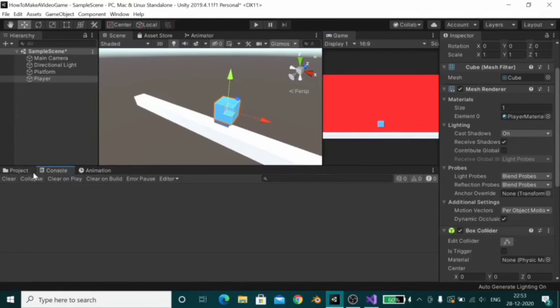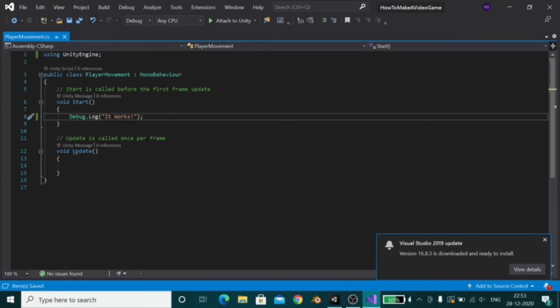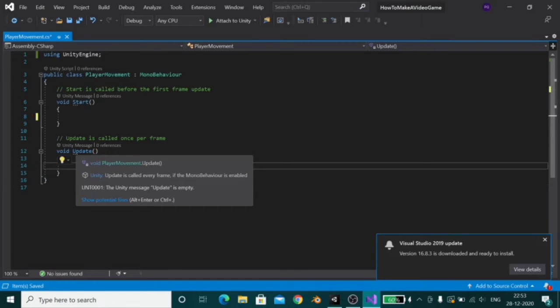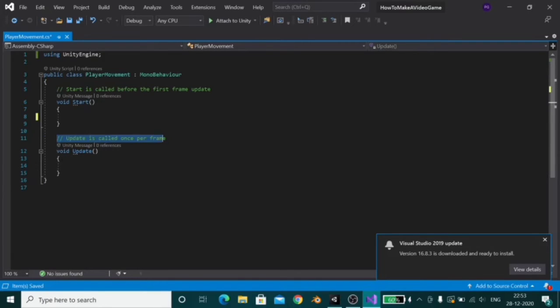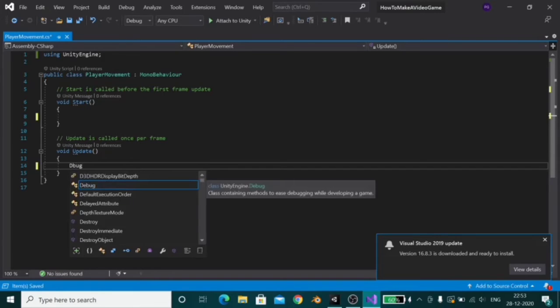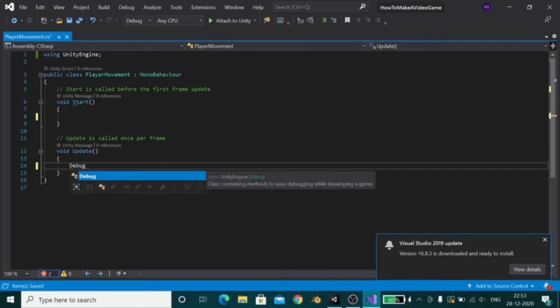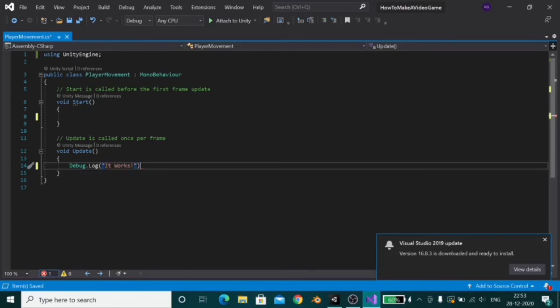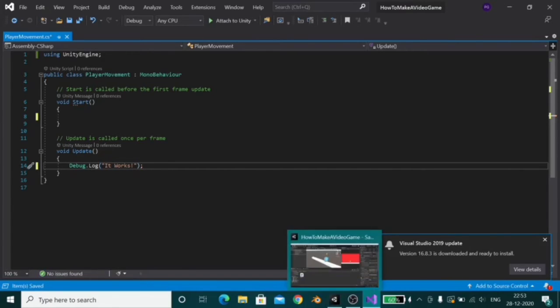That's great. Now for the next function, the Update function. I'm going to delete this real quick, and now let's get on to the Update function. Now this, as it's written here, is called every time a frame changes, or once per frame. So for example, you write a Debug.Log here. I'm going to write "it works" again, and if you save that